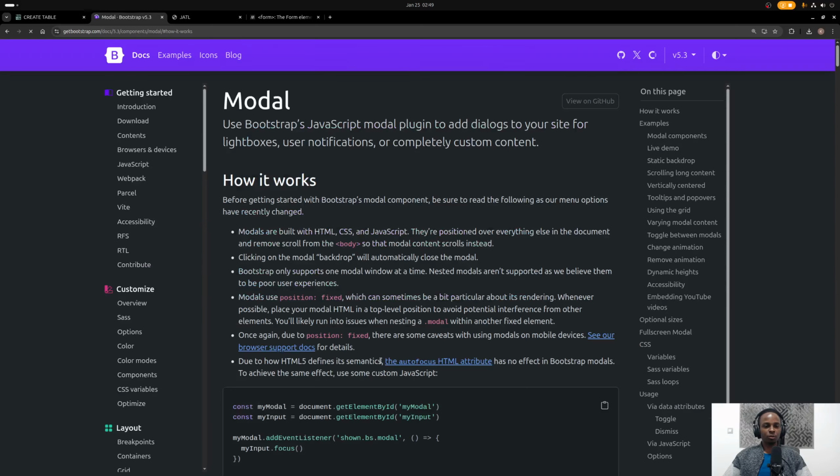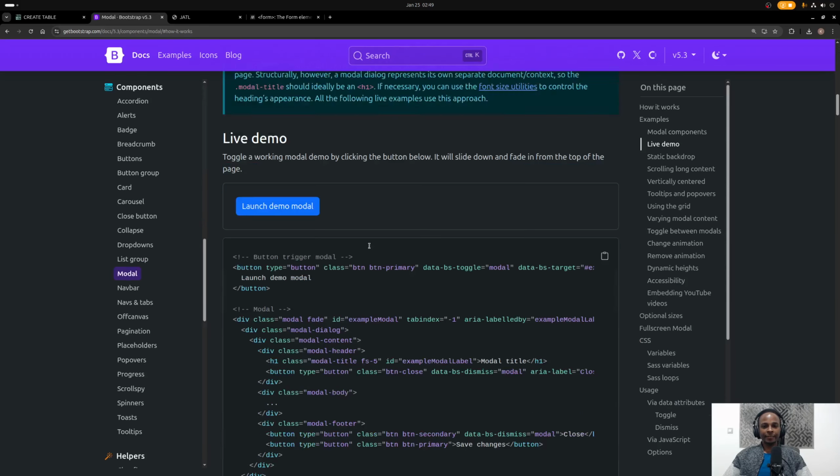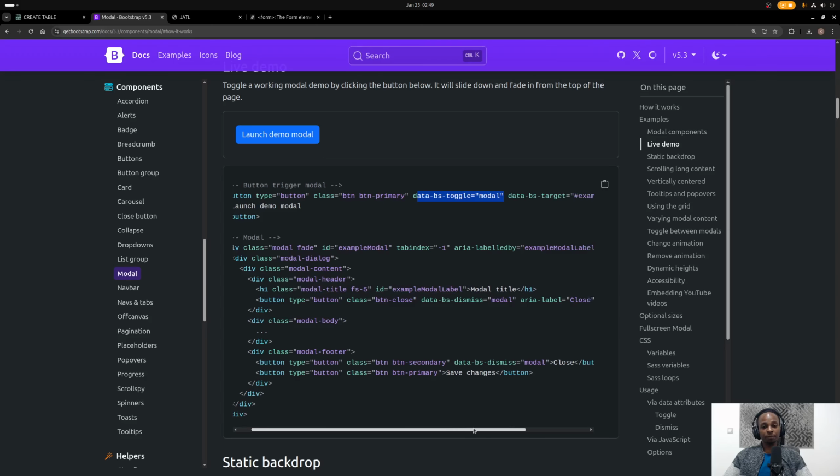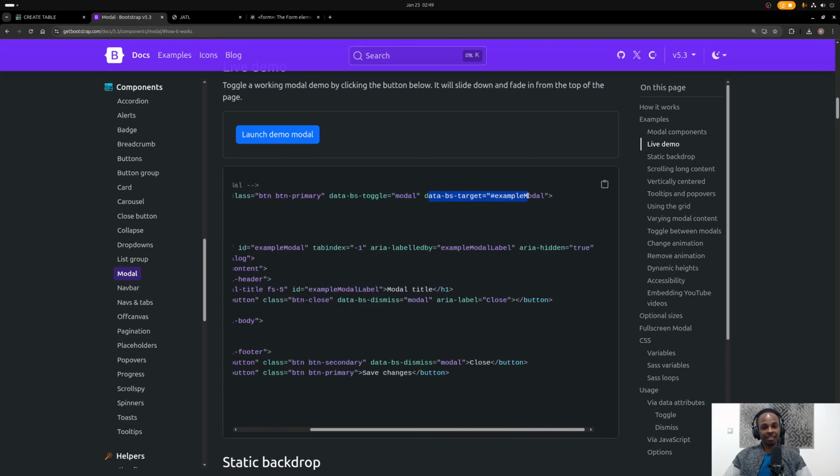So we come to the modals, and so you see, for the button that launches the modal dialog, it will have data-bs-toggle, a modal, and then a target, right? So it will have these two. So we'll just copy these two attributes,